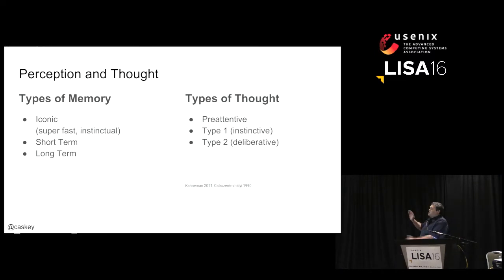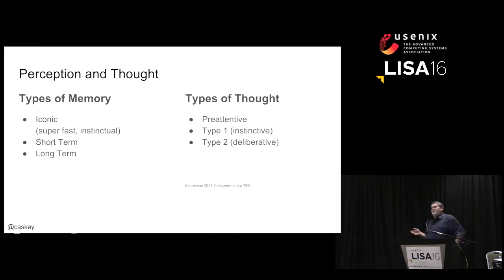Okay, so the pre-attentive part of thought is the pre-processing. It's like the C++ preprocessor. It basically bakes the data a little bit before your type 1 or type 2 thought process kicks in. Type 1 is your instinctual thought process, where you don't really think why you're doing something, you just do it. It's like when someone puts a bowl of potato chips next to you, you might just casually start eating, and you don't even think, hey, I'm eating potato chips, right? Because that's type 1 thought. It's like, part of my brain saw potato chips, I like potato chips, I'm gonna eat these potato chips, right? That's type 1 thought.